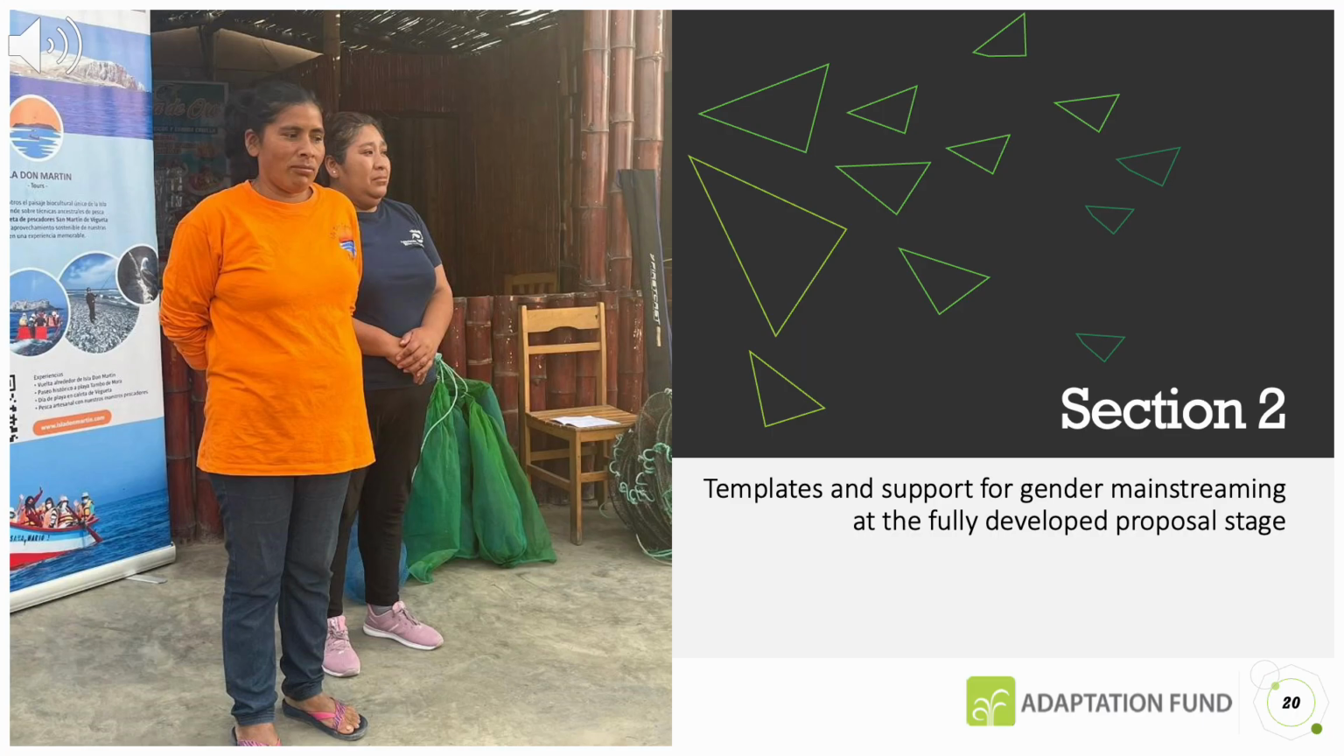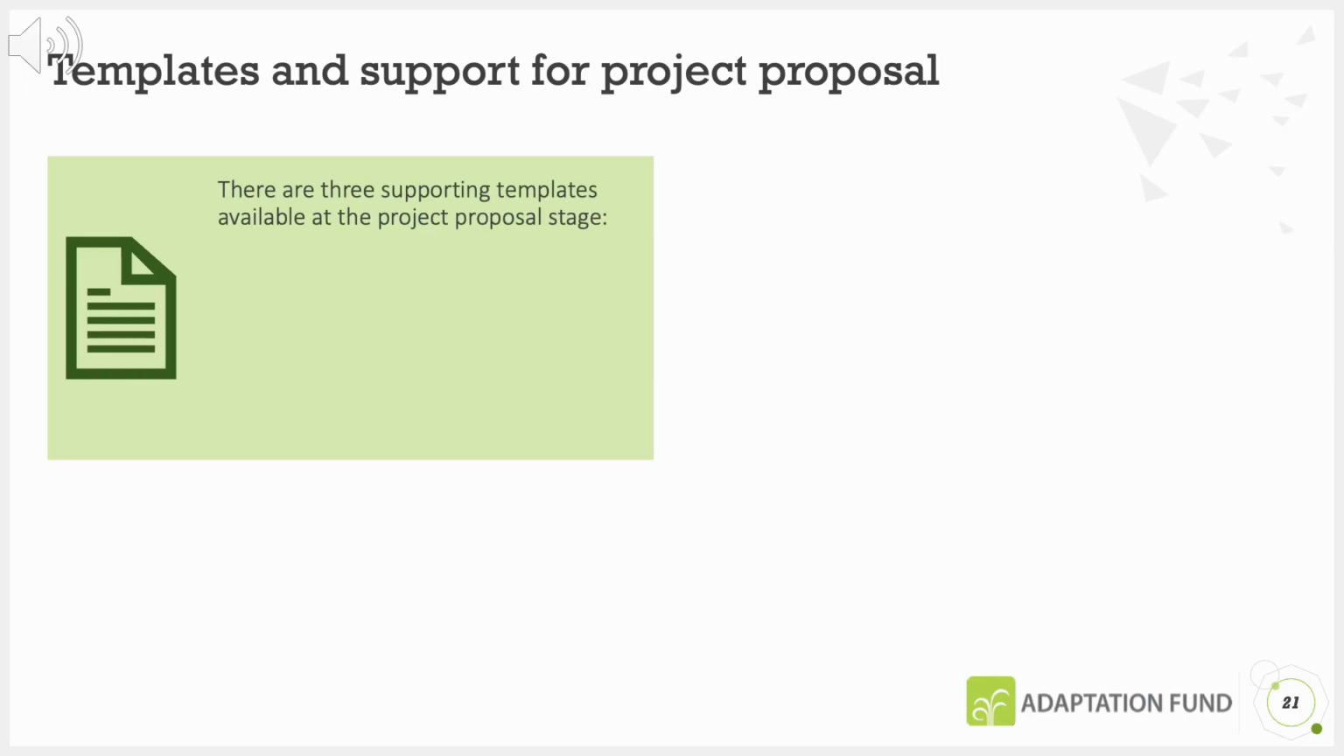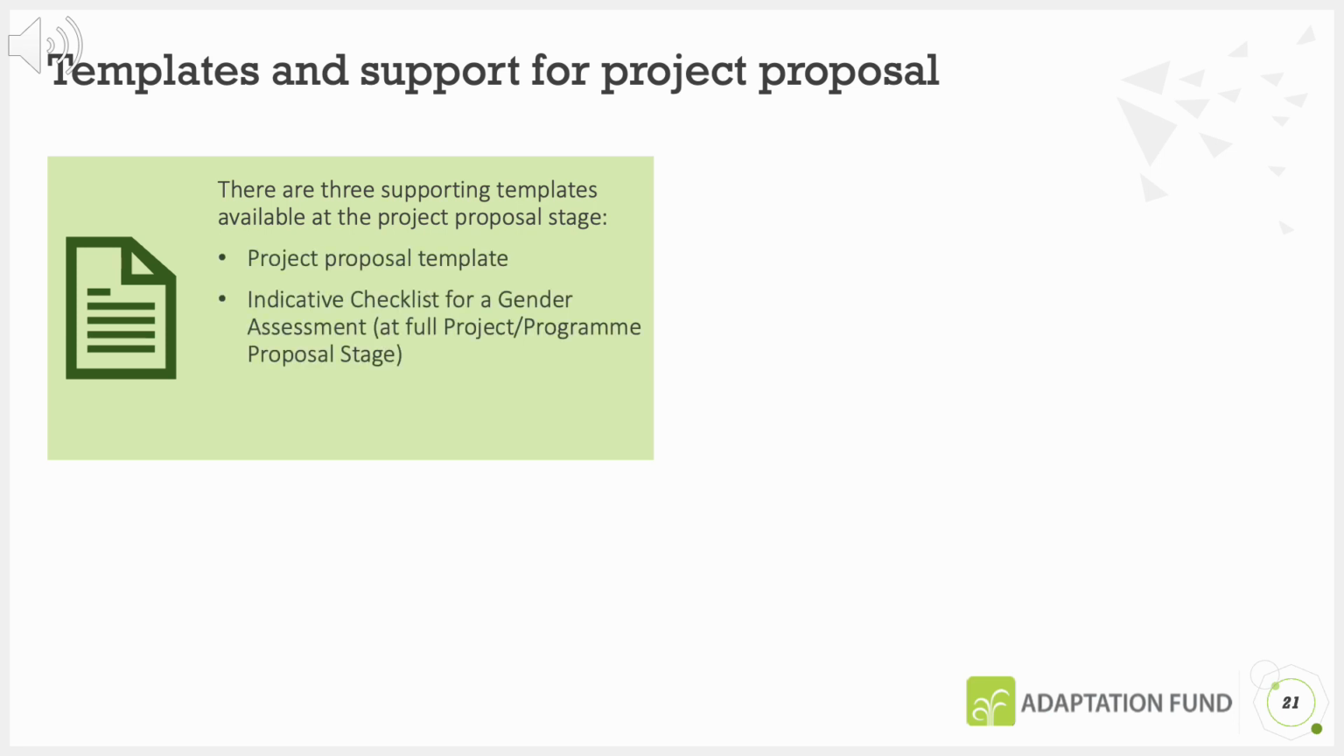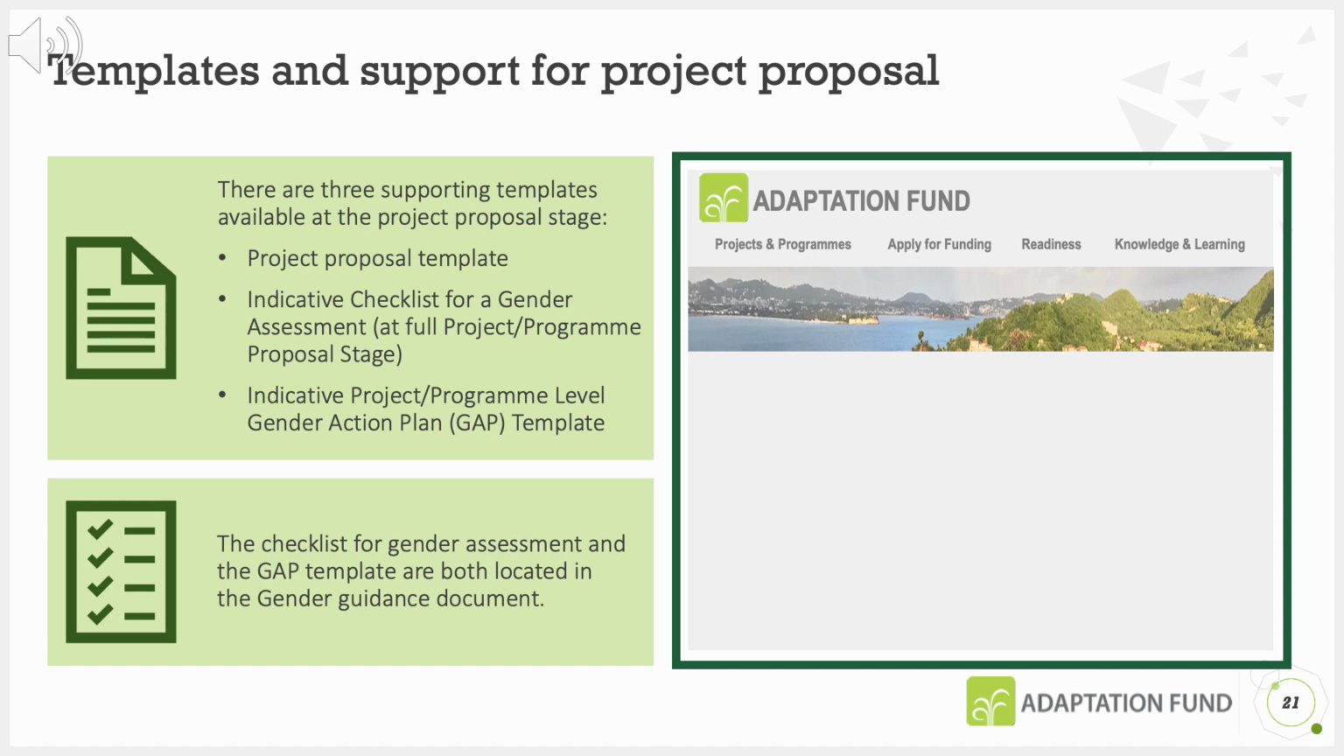Section 2. Templates and supporting resources for gender mainstreaming at the fully developed project proposal stage. There are 3 supporting templates available at the project proposal stage: the project proposal template, the indicative checklist for a gender assessment, and the indicative gender action plan template. The checklist for gender assessment and the gender action plan template are both located in the gender guidance document